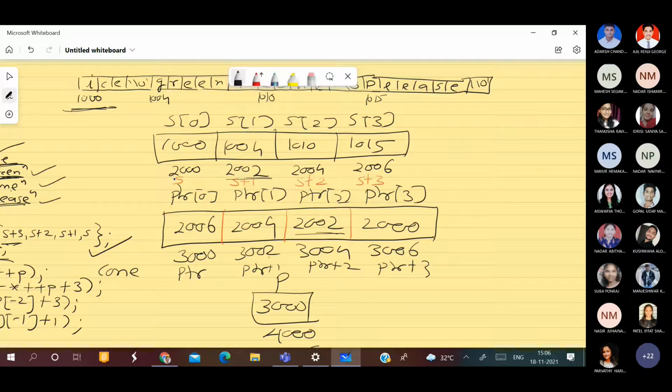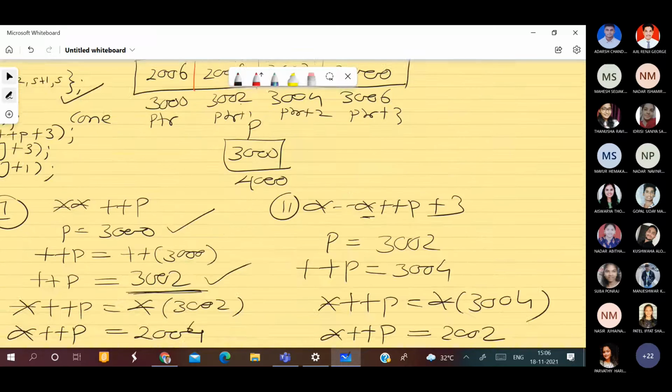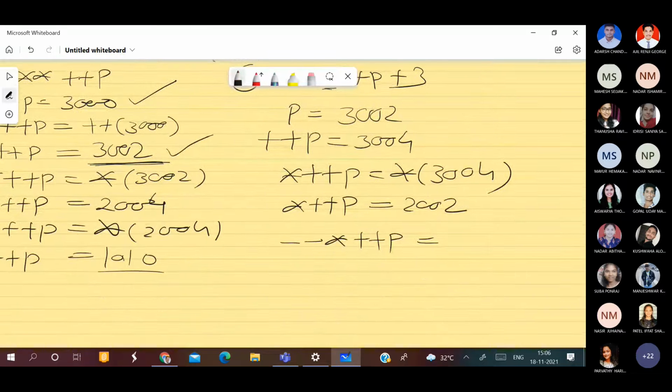Minus minus will take you to 2000. Just as once plus plus is done it increases by 2, so minus minus will decrease by 2, right? Students? Yes. So ये हमें कहाँ पे लेके जाएगा? This will bring us to 2000. What I'm going to get is 2000. Now star minus minus star plus plus P, that is star at 2000.